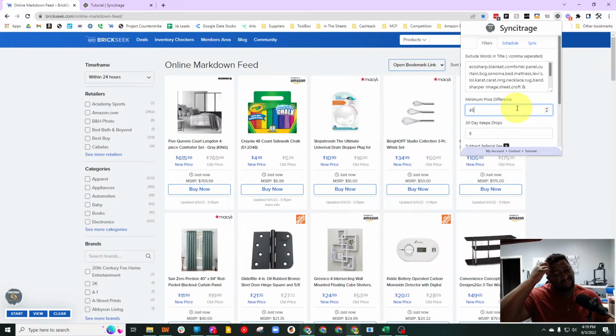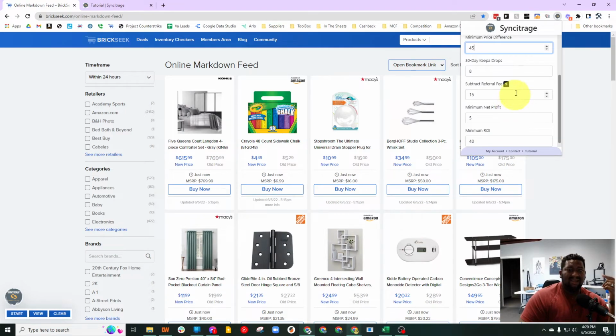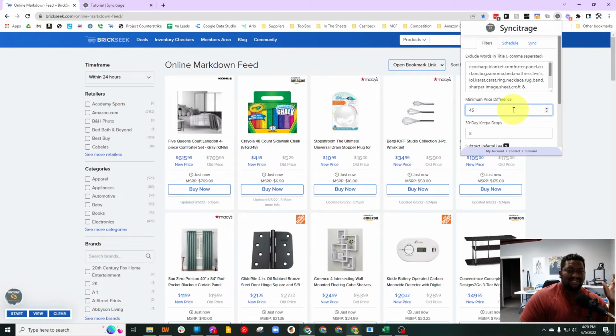The second gate is this minimum price difference. It refers to the difference between the old price here and the new price here. It'll default to 50, and that's good. But again, I like to cast that wide net. The lower the number you put in here, the more items it's going to bring in for evaluation. That could be a good or a bad thing. It could be good in that you can catch some stuff that is really profitable, but then it'll take longer to run. I find that the lowest I'll go is about 40%, because if the price difference isn't that great, then the probability of profitability becomes less. I just made that up on the fly.